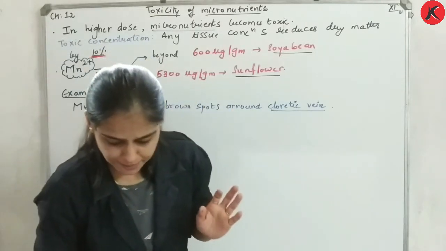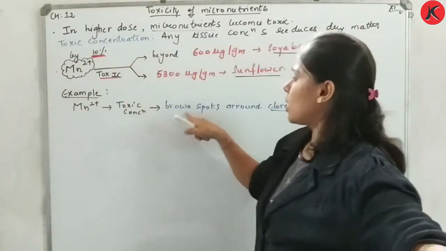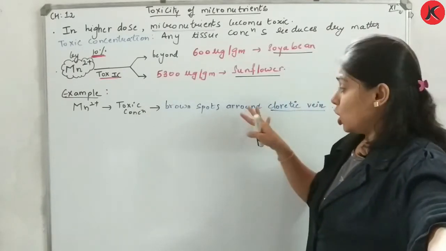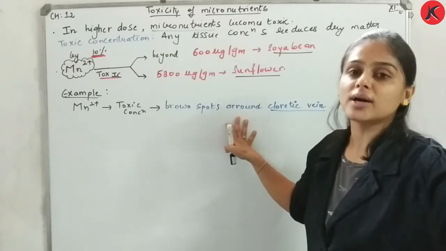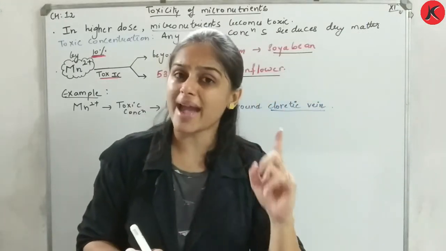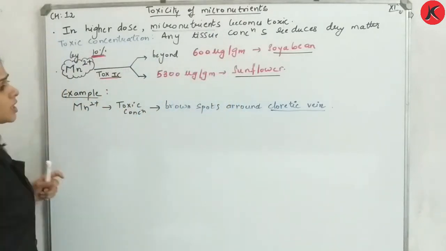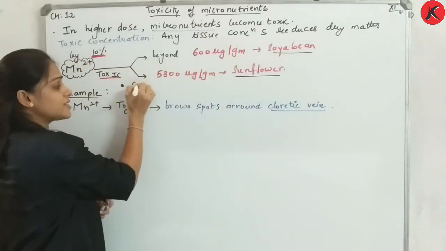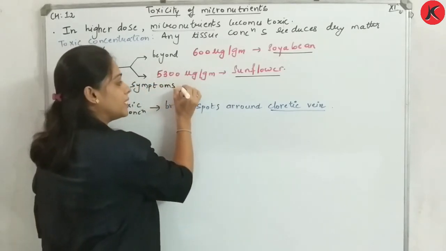Dear student, what I am saying, देखो जो भी symptoms दिखाई दिया यहाँ पे मैंने बोला brown spots around chlorotic vein, ये एक symptom है. Yes, जो भी symptoms plant exhibit करता है, show करता है, it may be directly due to excess of micronutrient. Are you people getting my point? चलो यहाँ पे I will be writing. जो symptoms plants exhibit करते हैं, right? It may be